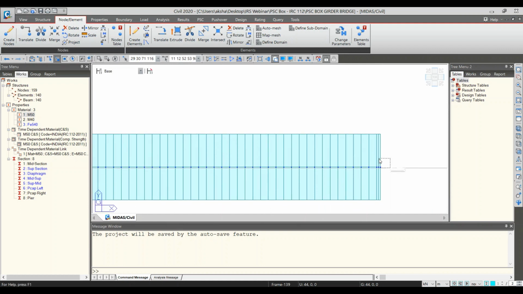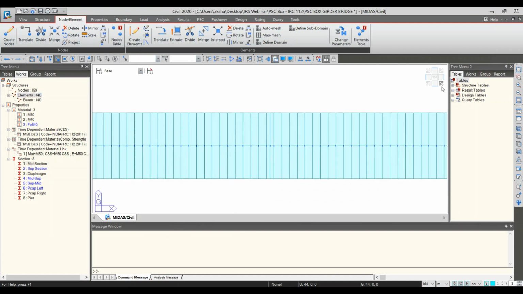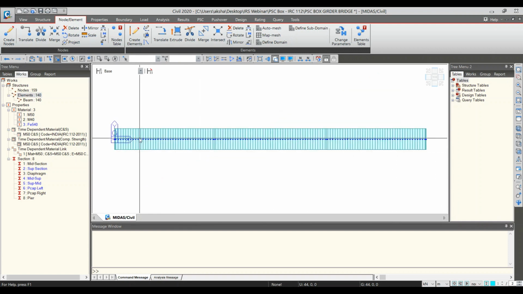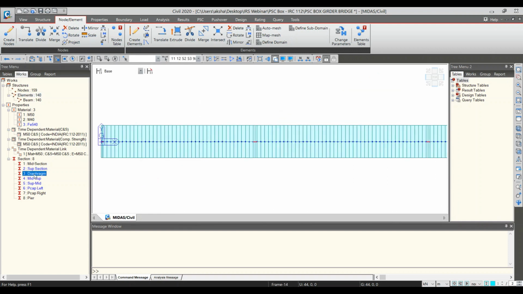So I'm just selecting this diaphragm section elements. With that, you can just drag and drop this diaphragm from the tree menu directly to the model window. So automatically those section properties will be taken by the program, right? Similarly, you can just